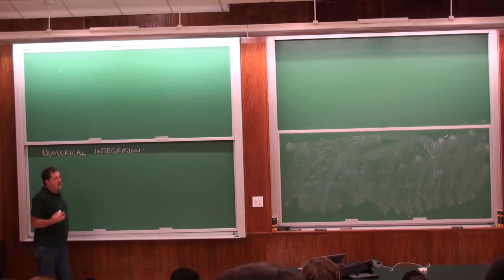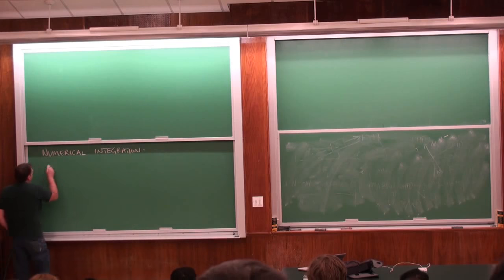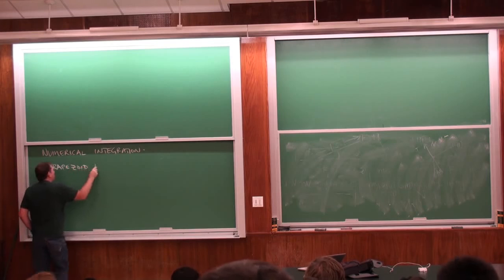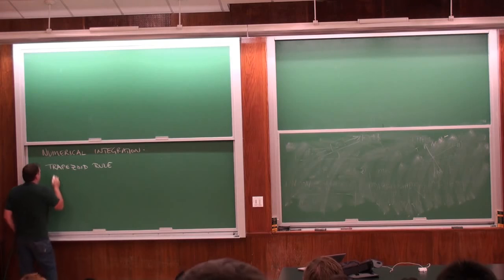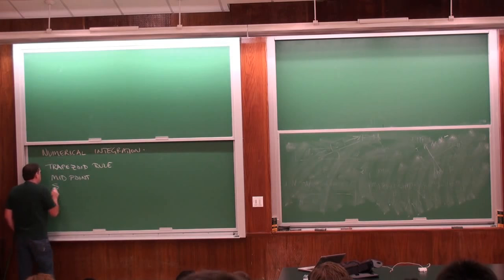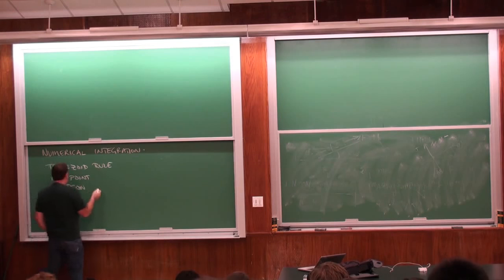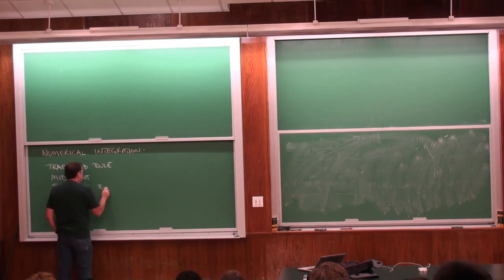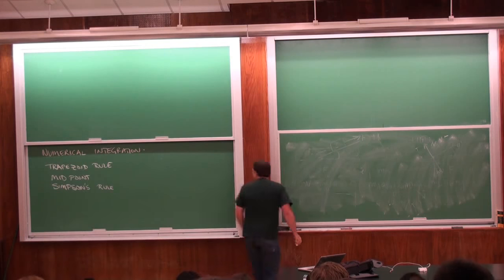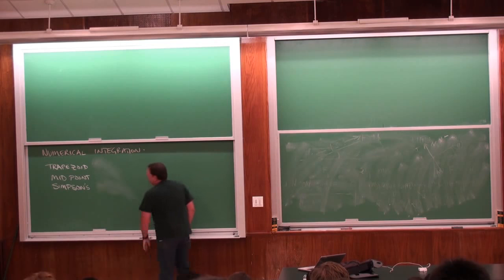And really, we have three methods of choice. There are more, but we have the trapezoid rule, we have the midpoint, then we have Simpson's method. I don't know why one is a rule and one's a method, but okay. We'll call it Simpson's rule. Let's not even give them names. We have trapezoid, midpoint, and Simpson's.